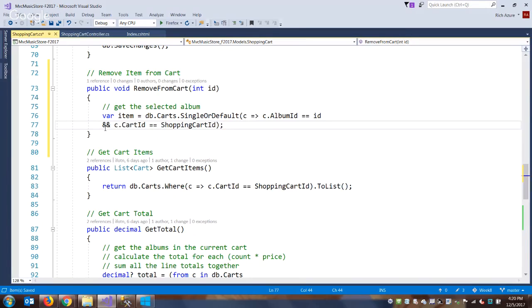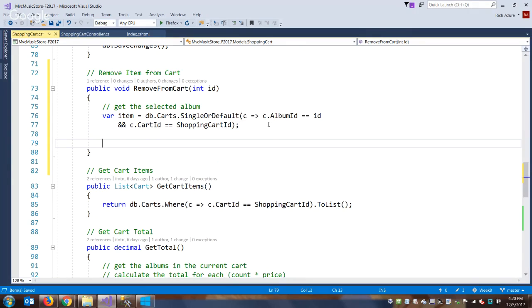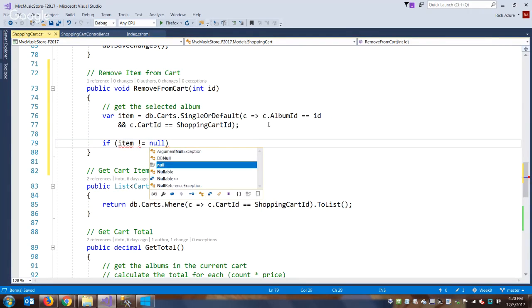So that's going to be equal to the username. So go and get this shopping cart line item for this album and this user. So if this item is found, which it should be,